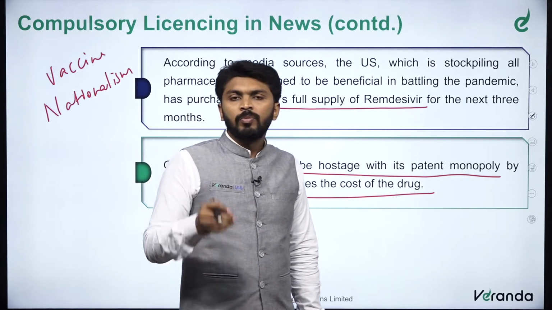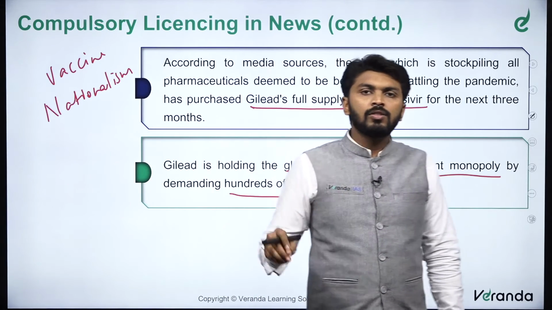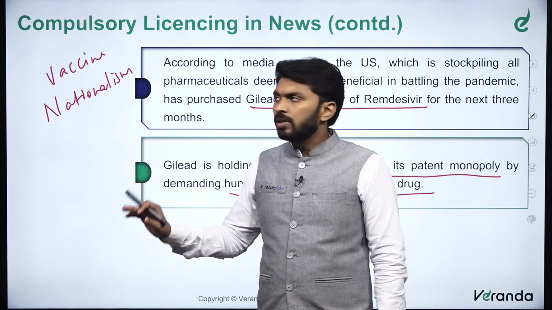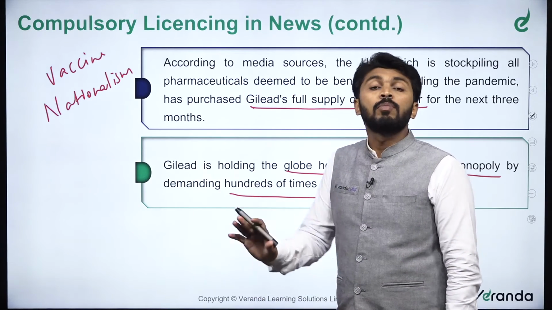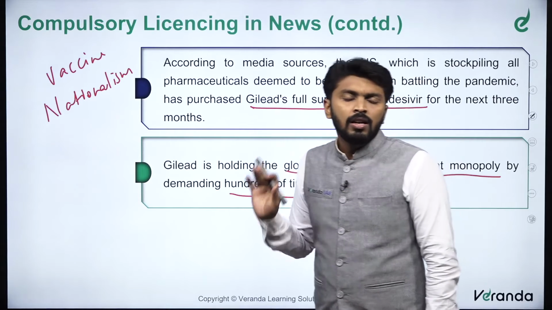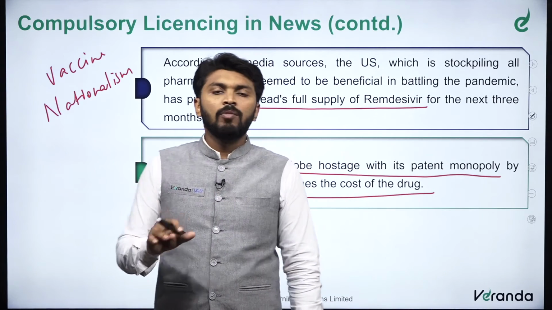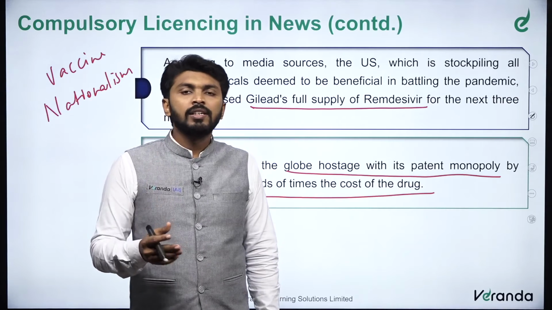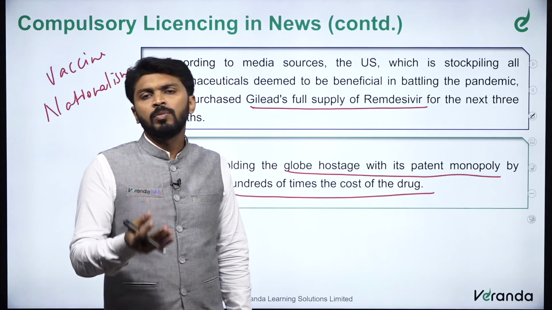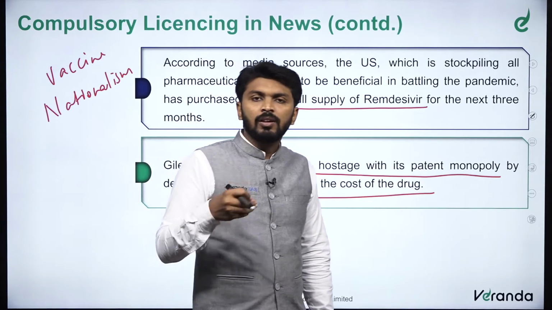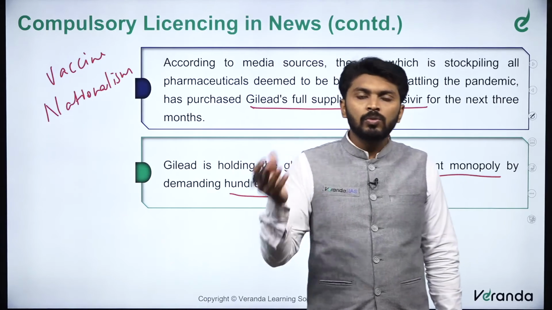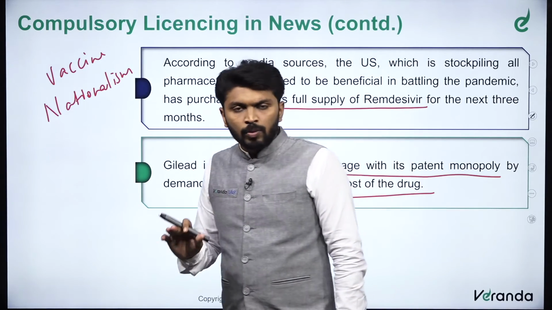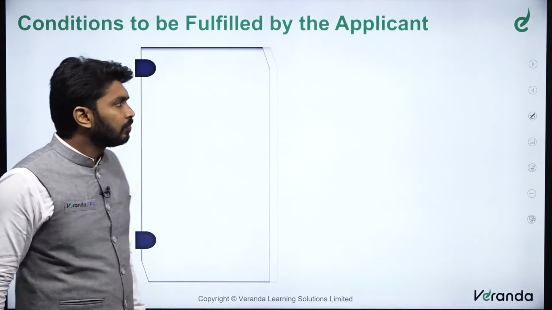So, in this time, some extraordinary measures have to be taken to combat this pandemic. One such extraordinary measure is the issuing of compulsory licensing, but as of till date, the Government of India has not issued compulsory licensing. If the Government of India issues such compulsory licensing, it will adversely affect business sentiments. It will adversely affect the pharmaceutical companies who are going to invest in India. So, that is why the Government of India is weighing its options.